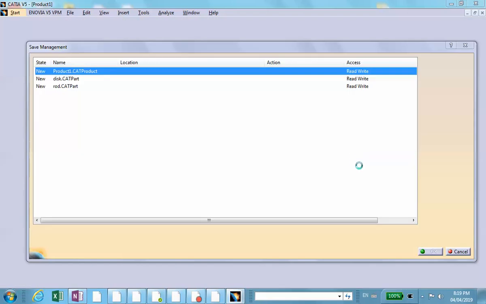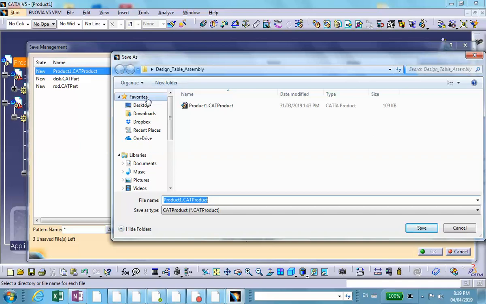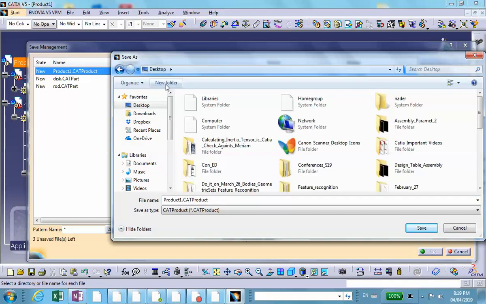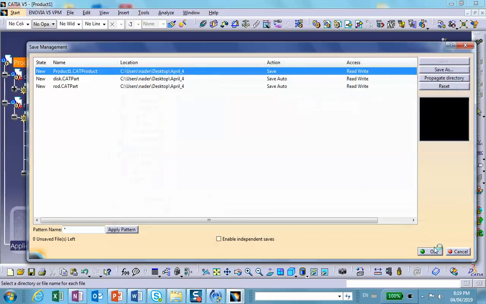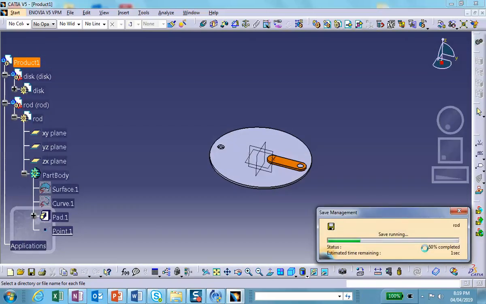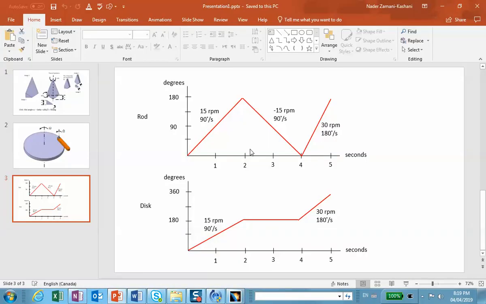Okay, Save As, Desktop, new folder. I'm going to call that April 4. Put everything there. Okay, since the first tutorial deals with doing this problem by creating these sketches, I need to make these sketches